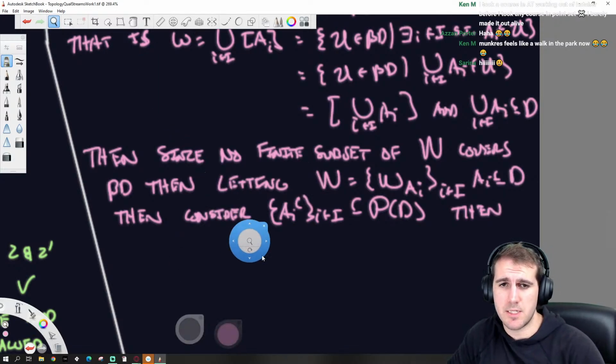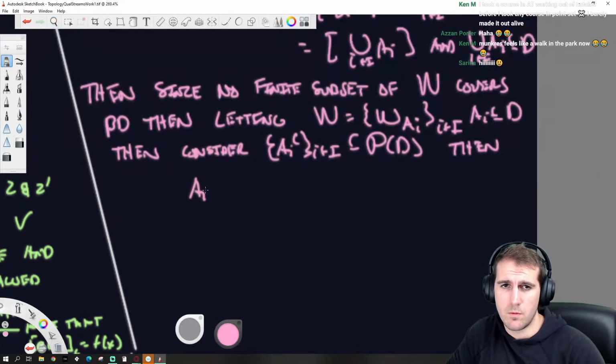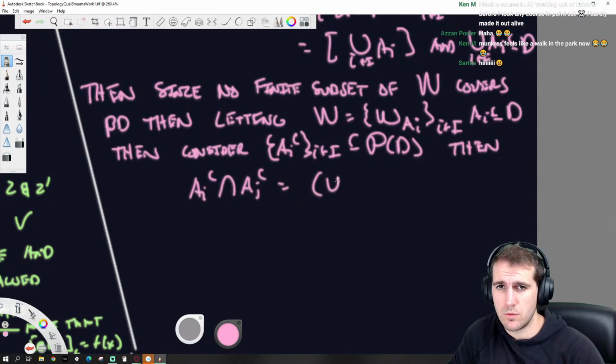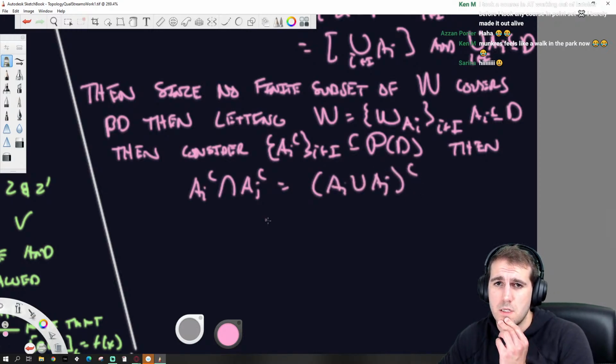Then if I intersect any two of them, AI complement and AJ complement, by De Morgan's laws this is just the complement of AI union AJ.